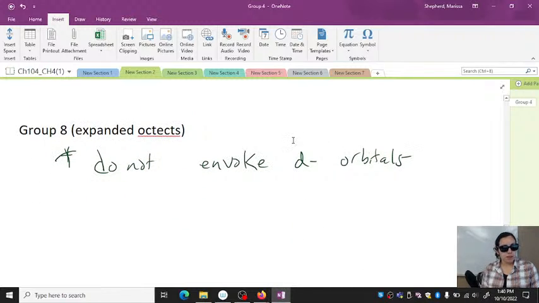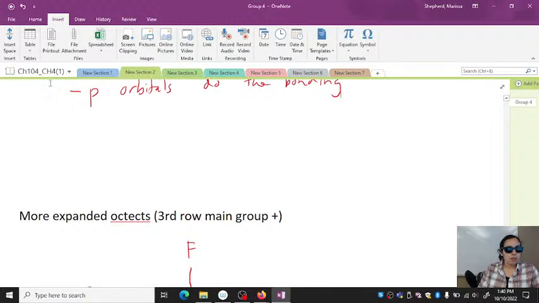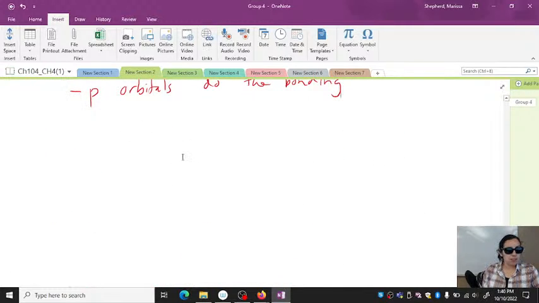And so what we actually find is that the p orbitals are enough. If you're interested in learning more and want a full detailed explanation, I'm more than happy to provide it, but it kind of just goes beyond the scope of the course. But you really find that the d orbitals are not accessible for all these p orbital interactions. All right, so now that we've got that out of the way, let's just look